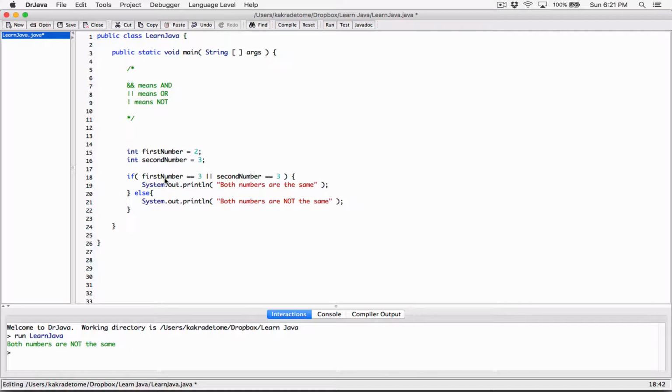So let's see. First number is equal to 3, second number is equal to 3. If first number is equal to 3, we know first number is equal to 2, so that's false, right? And over here, we see we have an OR. We know second number is equal to 3, so this expression is true. And with the OR logical operator, if at least one of them is true, then the entire Boolean expression is true. So we change this to